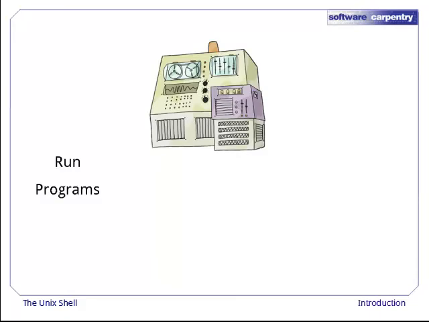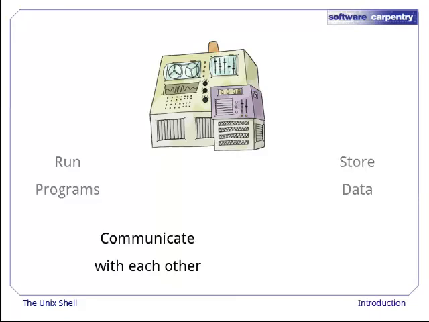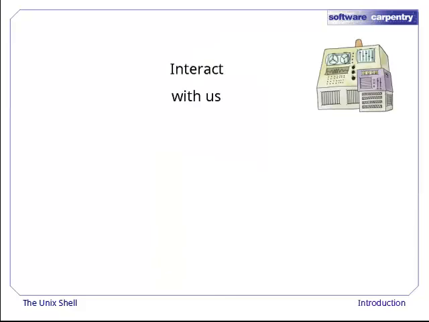They run programs, they store data, they communicate with each other, and they interact with us. They can do the last of these in many different ways. For example, they can use telepathy, i.e. direct brain-computer links. This technology is still in its infancy, but I for one look forward to being assimilated as